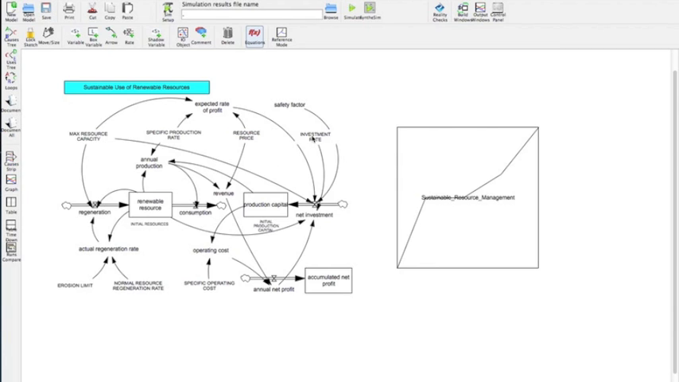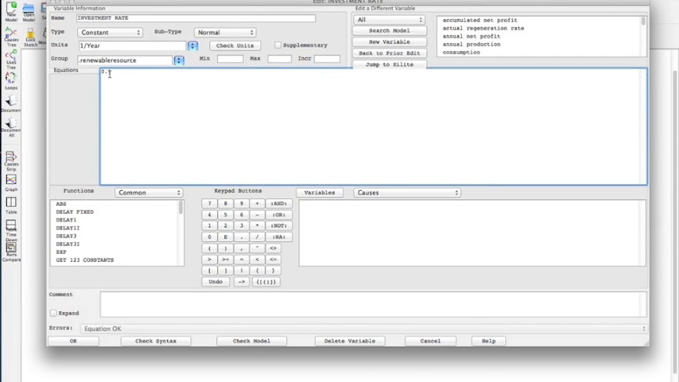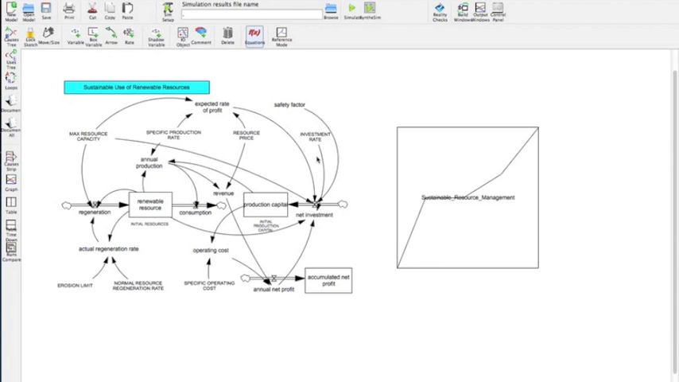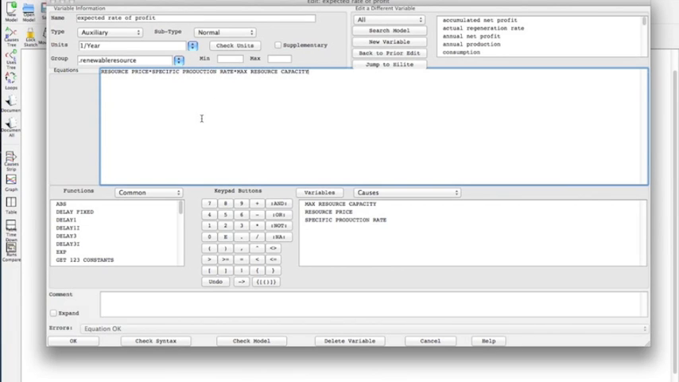The investment rate here is given essentially as dollars per year, so it has units of 1 per year. So this is how much money you invest. You're investing at 10% of your profits per year, and the expected rate of profit that's given here is essentially what you would expect to get if you were to